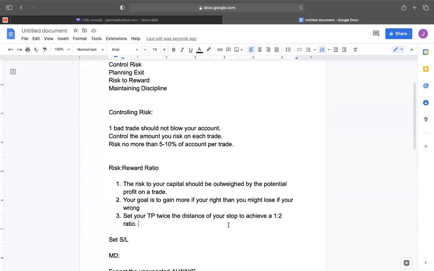So to put another number, if I bought something for $200, I'm going to set it at 50% of that. I don't know if that made sense. We're going to get into that more when we get into charts. But like I said, I only take trades that are going to give me at least a minimum of 50% of my investment back, right?